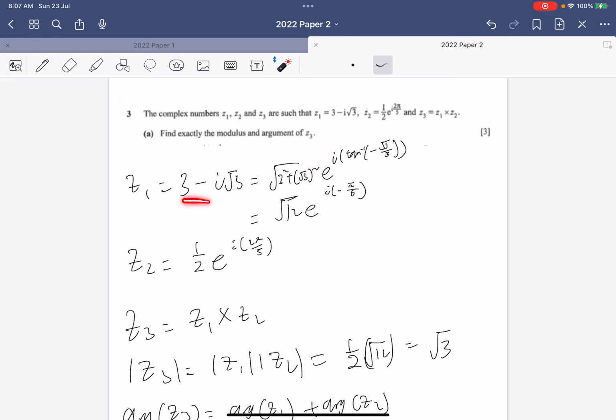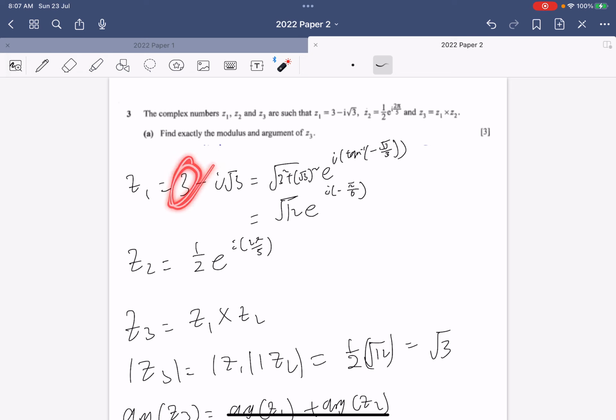So when you convert to exponential form, the modulus now is square root of the coefficients. So this is 3 and this is square root 3. And then the argument will be tangent inverse of this, minus square root 3